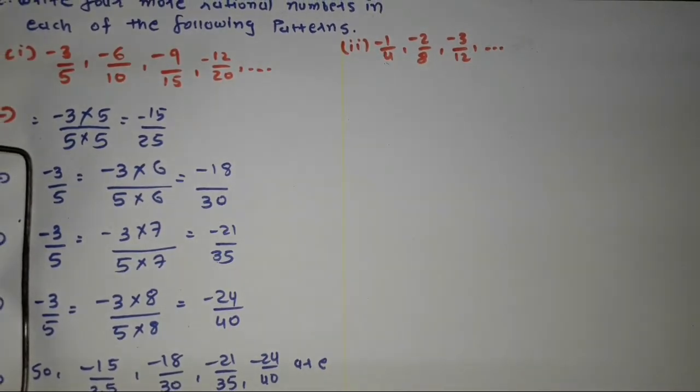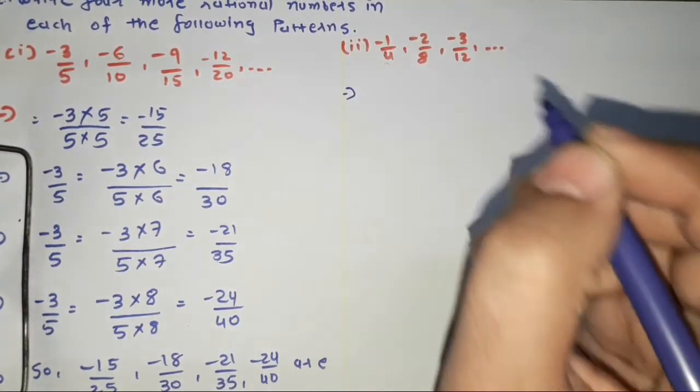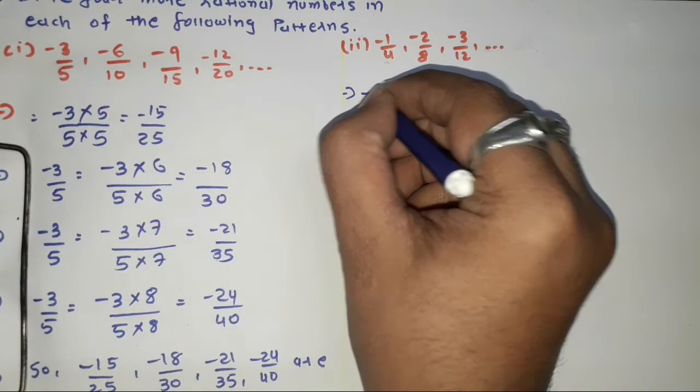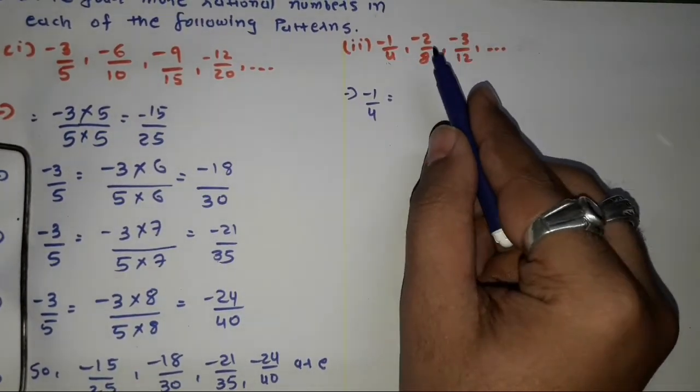This type of pattern has been followed. So whenever this type of questions are there, first you may check which pattern has been followed. As we saw in the previous case, for the next number, I'll write down the first number. So here they have multiplied with 2 and 3.